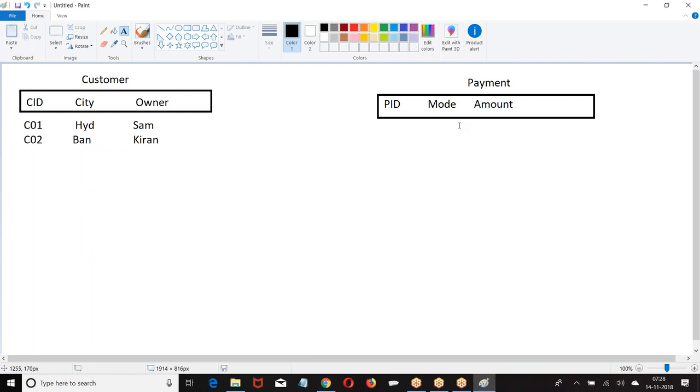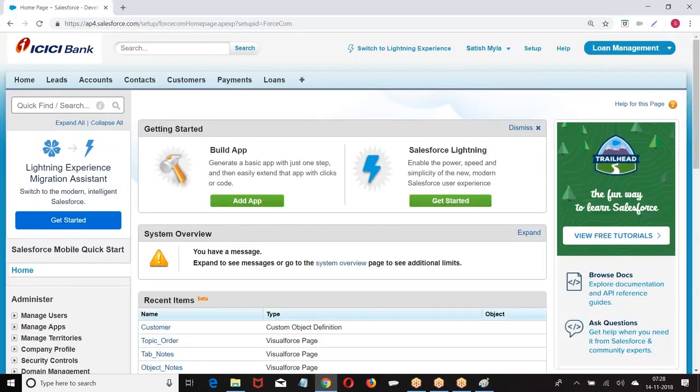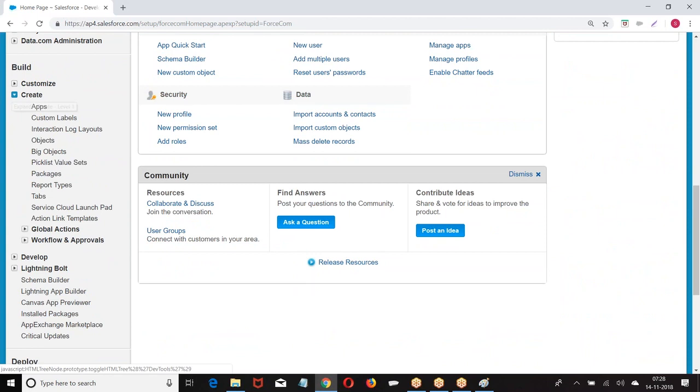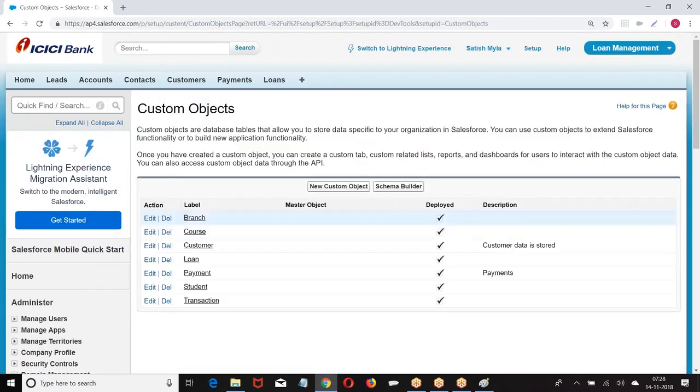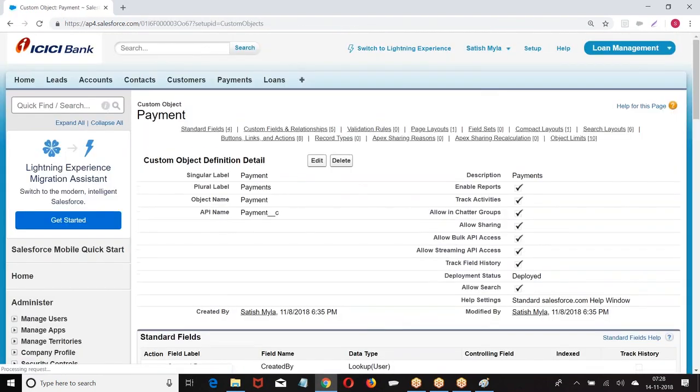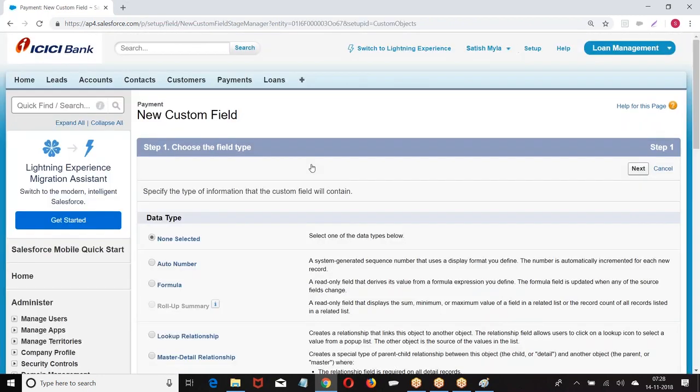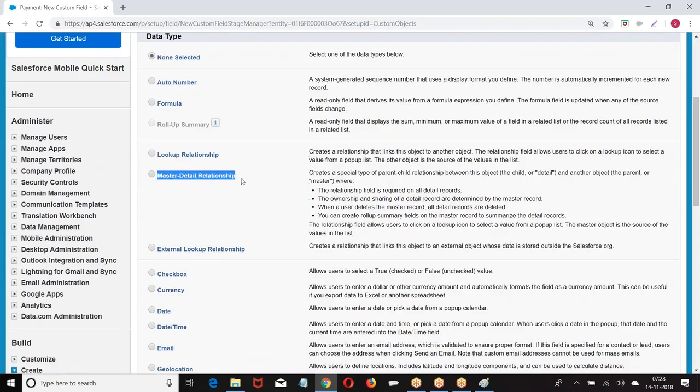In the last classes you have seen number, percent, pick list, multi-select. Similarly, we have a data type called master detail. Let me show you that. Next question: can I create a field with the data type master detail on every object?